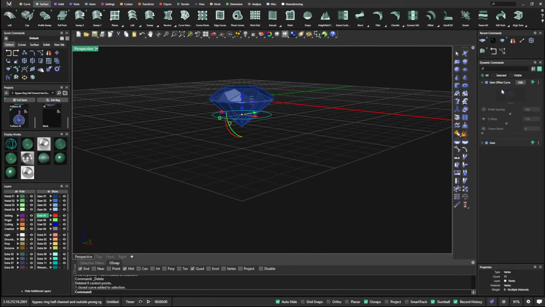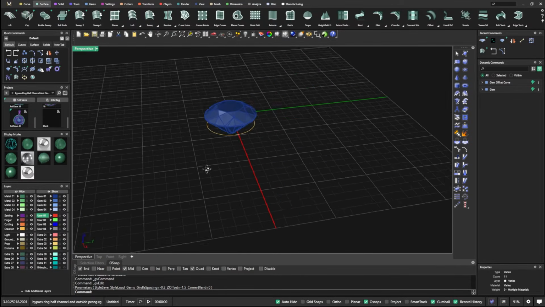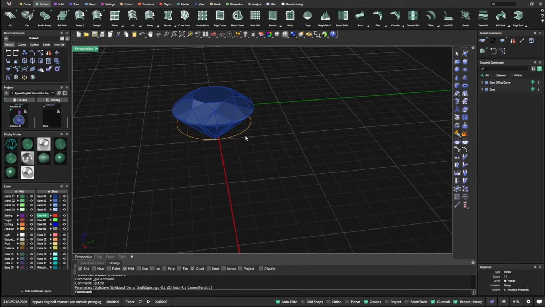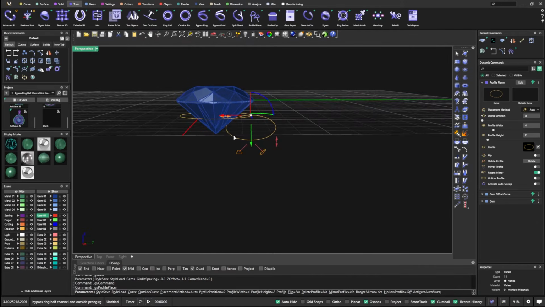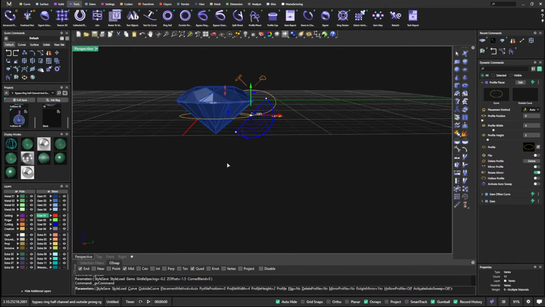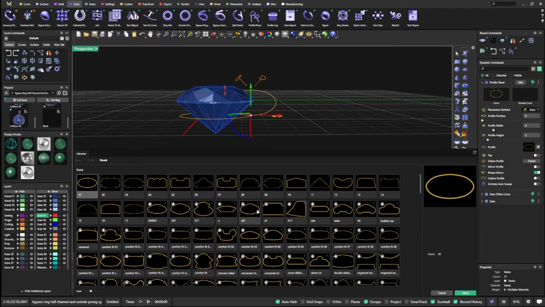And I'll take this curve, go to my edit, and move it up just a little, just for fun. Now, there's another way we could do it, but sometimes it works on some things and sometimes it doesn't work on other things. So go to Tools, go to Profile Placer, and we have a profile here, right? And we want to go ahead, first of all, and flip that around in the correct direction, right? And we can go to our profile library by clicking on our profile there, and come through here